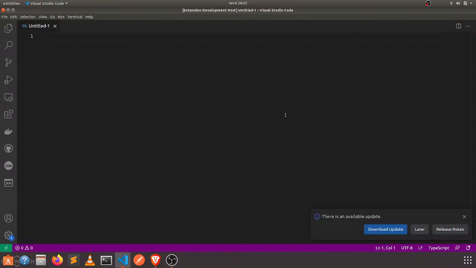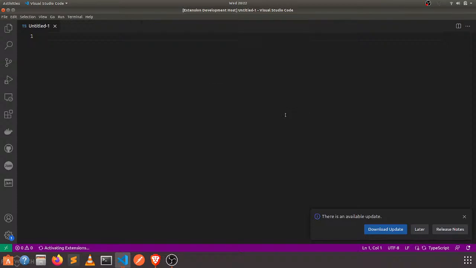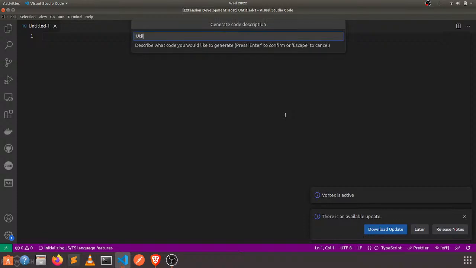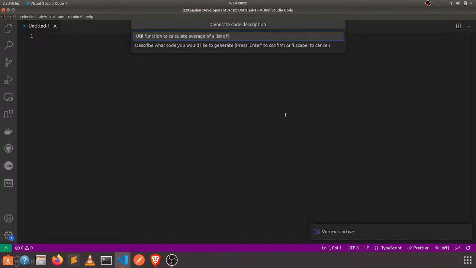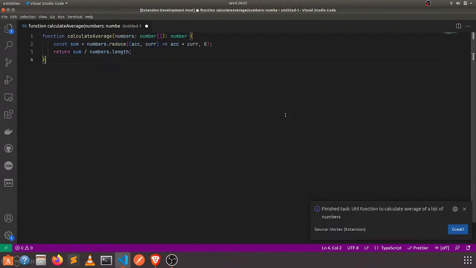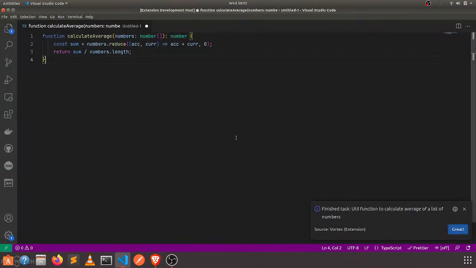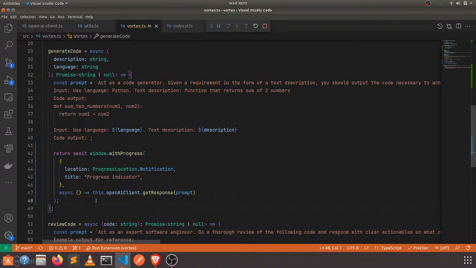Yeah, script code. Okay, function to calculate the average of a list of numbers. Okay, works great. So that means that